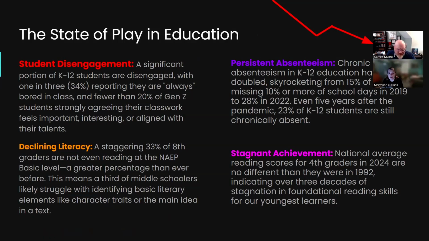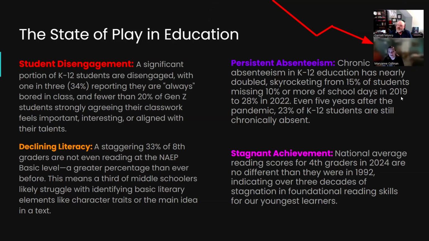Yeah, in the public school, it's very challenging. The persistent absenteeism is a huge one, and the student disengagement is really big, right? And then from there, the declining literacy and stagnant achievement. And that's one of the things I love about TTRPGs, is that they encourage that engagement and coming, because you've got a party who's counting on you. Yes. You feel like you matter. There's a relevancy, right? All of a sudden,